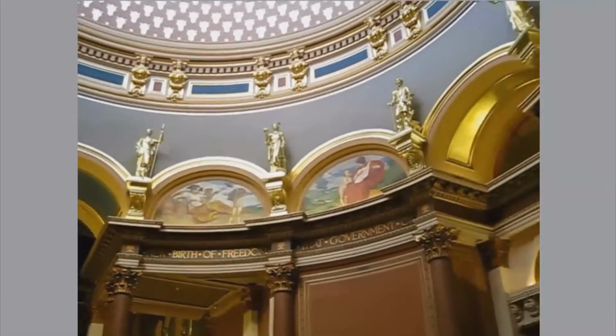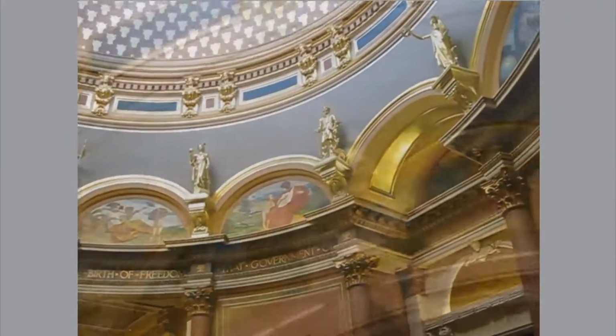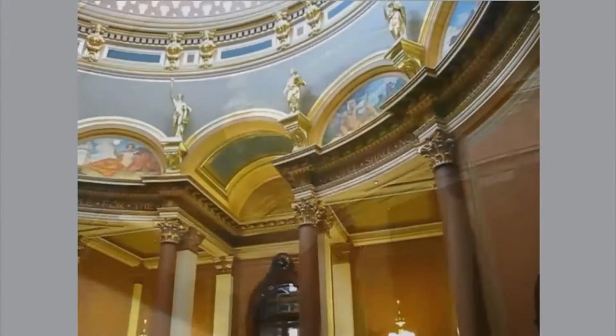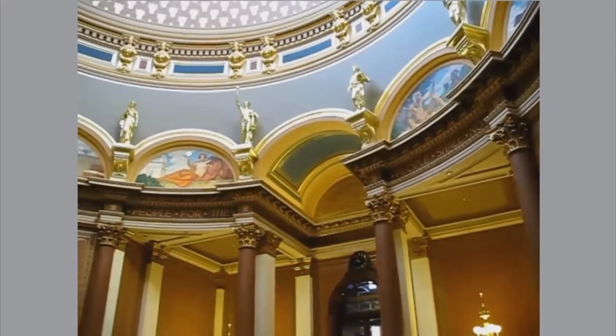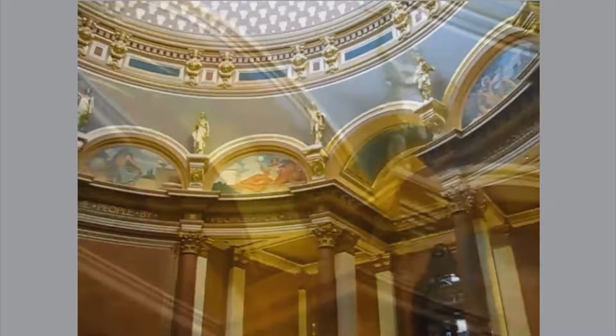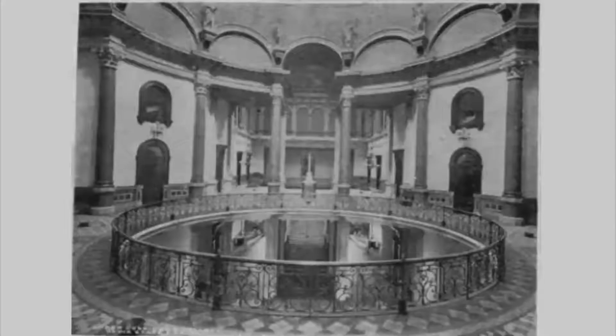As you enter the Iowa State Capitol Rotunda, you will see these 8 lunettes, or half-moon-shaped paintings. These are the work of Kenyon Cox, a famous 19th century American artist. The paintings are allegorical and represent the progress of civilization. In 1886, when the construction of the Capitol was completed, the Capitol Commission did not receive the funding necessary to